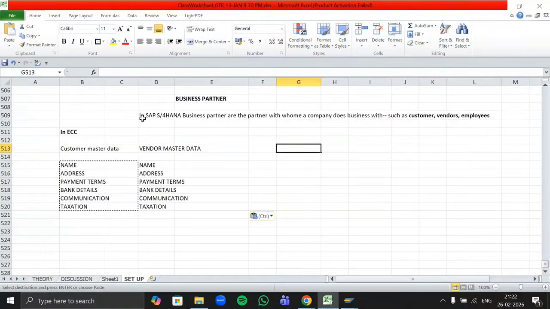Payment is processed via the BP only, because whoever we deal with is known as business partner. If reimbursement is being claimed by this employee, then we have to send that amount to that employee only. So that employee will be treated as our company's vendor for that part. That is the reason we use the term business partner for employees. Any doubt up to this?